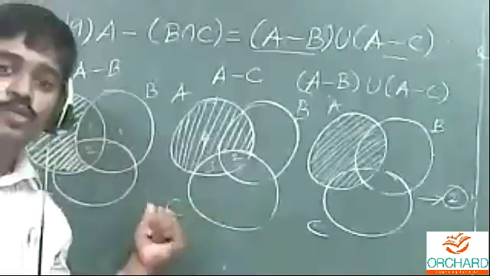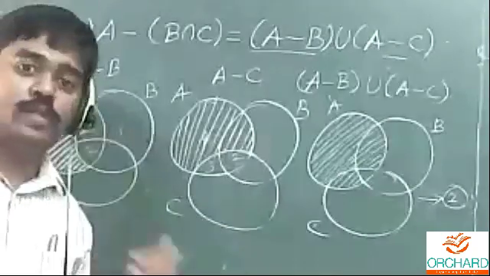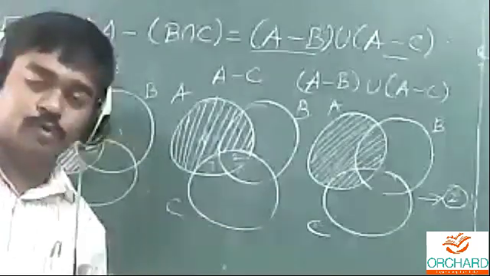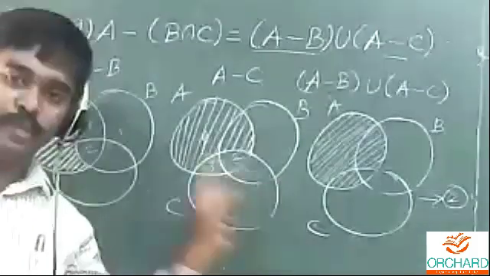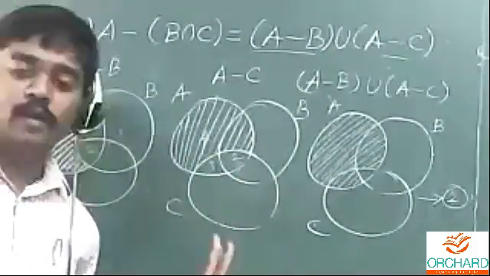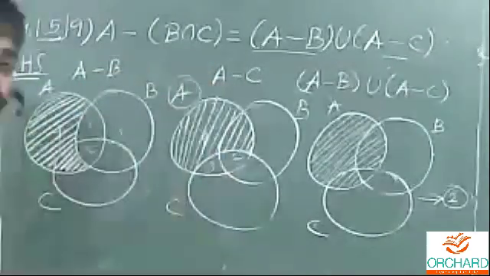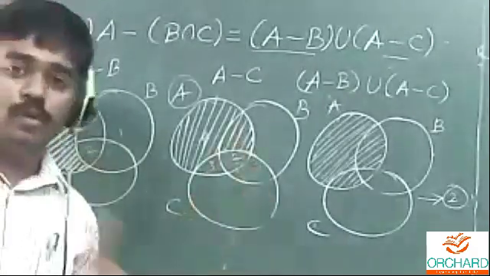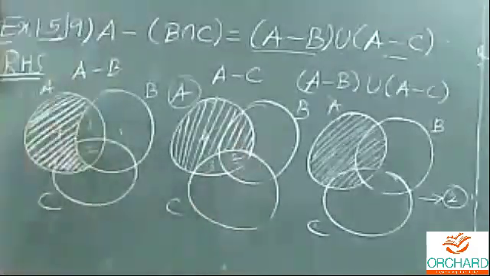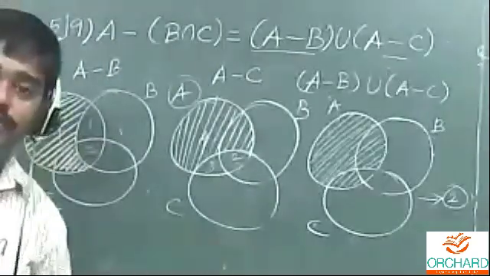For the diagram you are using only pencil. Don't ask whether we can use a stick pen or a gel pen. No, it's not accepted. The diagram will be drawn only by pencil, and shade everything using only pencil. Is it clear? The notation alone you can write in pen, but the diagram, the circles and the shading, only in pencil. It's a normal black pencil.